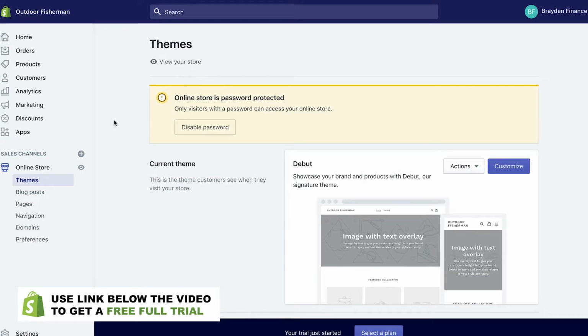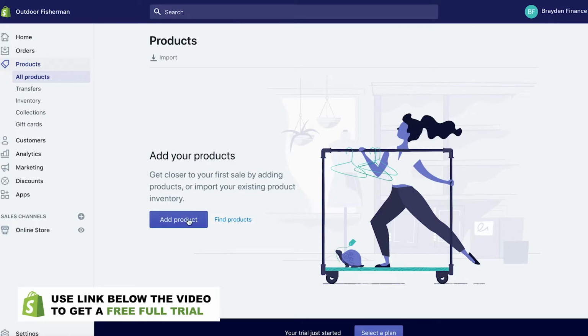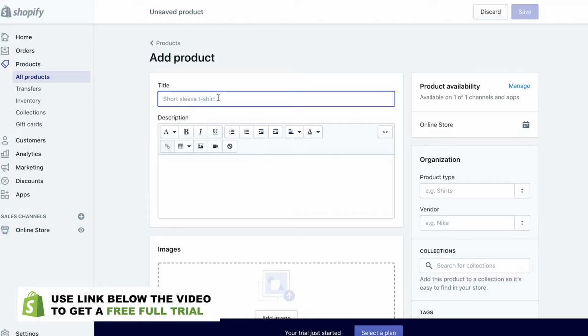Alright, so now we've had a look around and a bit of an explore. We're going to jump into adding our first product. So we're going to click on this products tab, and then we're going to click add product. We're then going to create a title for our product, obviously depending on what the product is. I've got a bit of a fishing bag, so I'm going to go